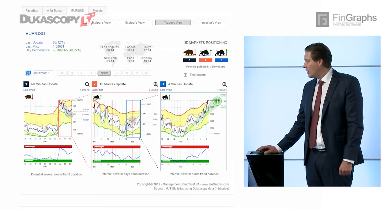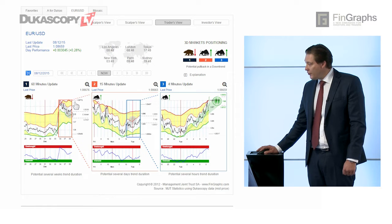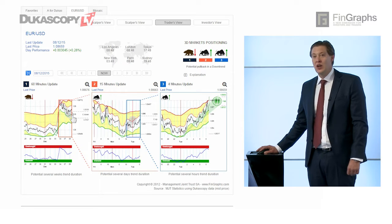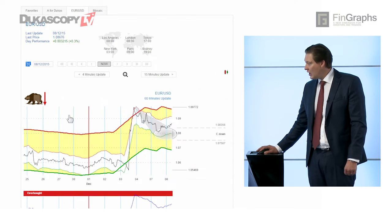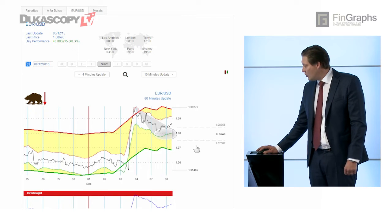Now let's consider the more shorter term view, which is a trader's view, which gives us an intra-week perspective. We're looking at a 60-minute chart, a 15-minute chart, and a 4-minute chart. As you can see, the 60-minute chart has been correcting down since the reaction. It is still within the boundaries of what we consider a correction. And if we look here, we would still be supportive short-term of the euro as long as we don't make it below